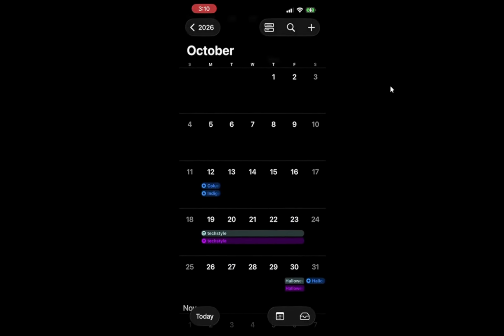In summary, adding reminders in Apple Calendar is a straightforward process. Each step is designed to help you create effective reminders that keep you organized. Now you can stay on top of your tasks effortlessly.